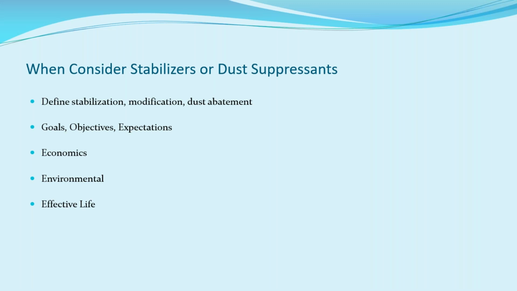And the other part of it is how much of that dust you have to suppress. If it's out in front of somebody's house and they have their lawn, they want to hang their laundry out and do those other things, they want you to suppress all the dust. Now, a stabilizer or a dust suppressant can do that, but you may see some additional costs. You may have to apply it at a higher rate or a little more often. But if you take a look at your overall road segment,